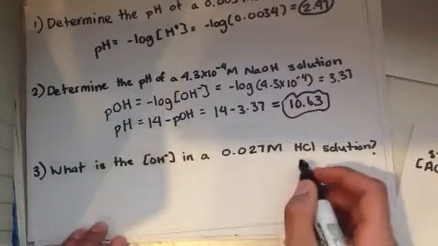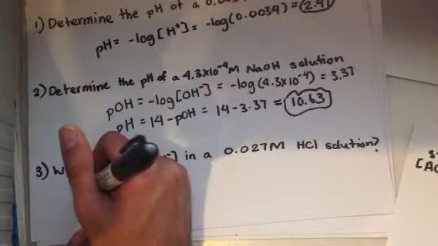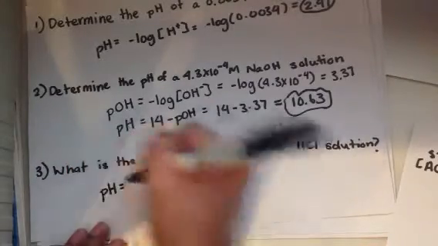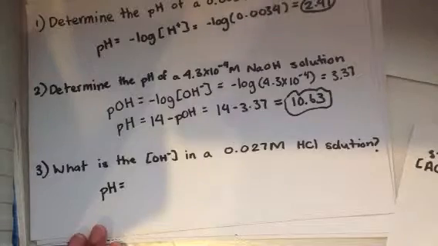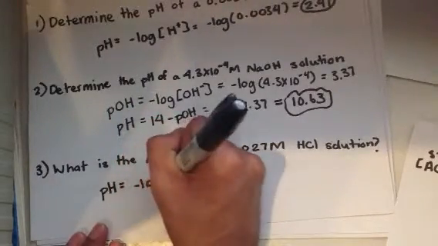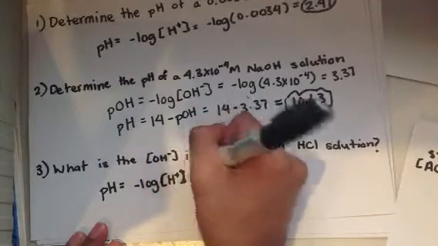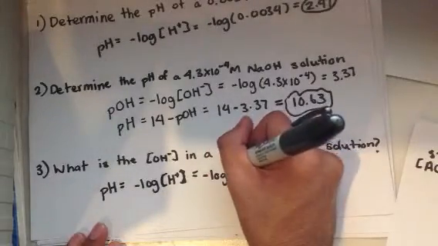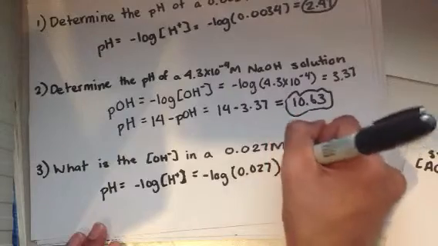HCl is a strong acid, so we can go ahead and say that the pH equals the negative log of the hydrogen ion concentration, which is equal to the negative log of 0.027, which is equal to